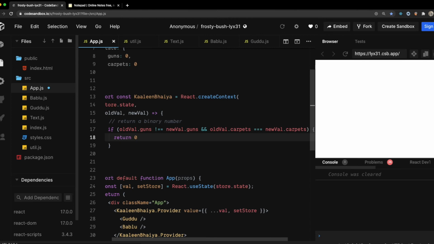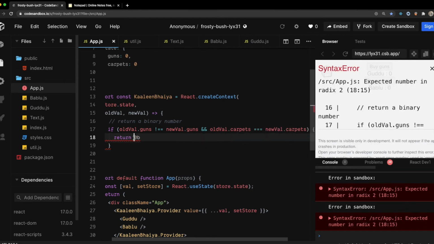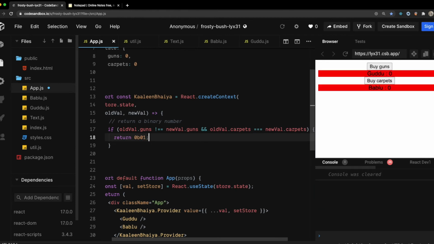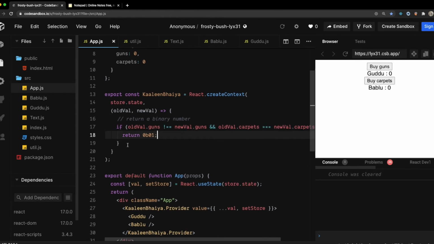How to return a binary number? 0b tells that the number ahead of it is going to be binary. So let me return 0b01 from here. Similarly, I'm going to have a condition for carpets: when the carpets change, I'm going to return 0b10. 0b01 means 1, and 0b10 means 2.